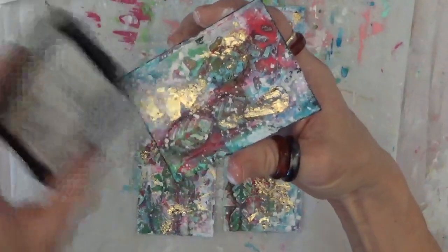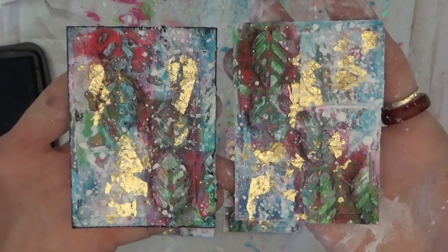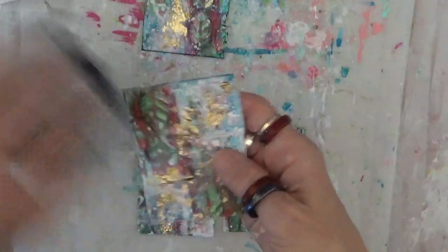I'm also just gonna really, really lightly, this is kind of a juicy one, so you can brush across the top a little bit. Again, I've had the dropsies all day long. You can kind of darken it up in the corner a little bit more. But it just gives it a little bit of a finished edge, so that's how they look side by side. So this has the ink and this one doesn't. So just another one of those little things that I've just always kind of done. It doesn't have to be a lot, but